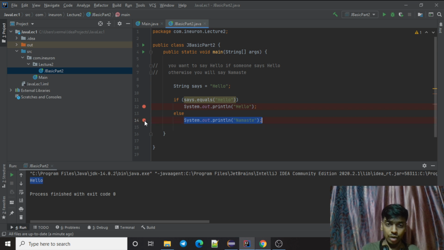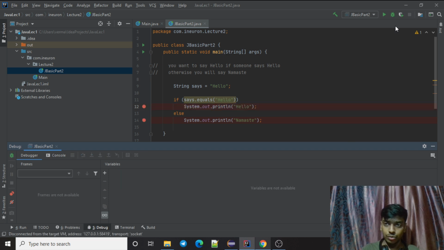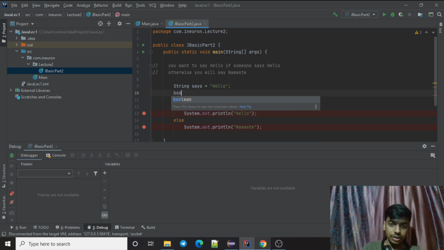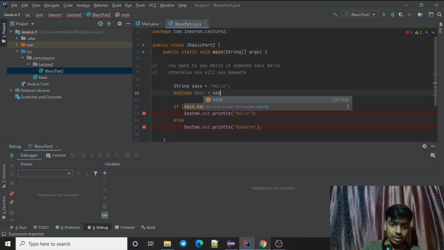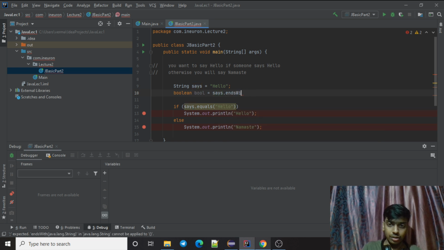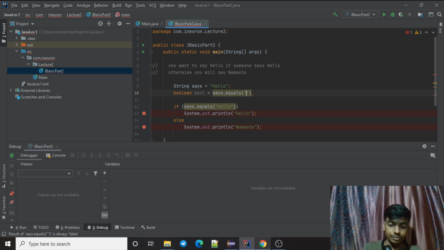Just to give you a view of how it works, I'm going to use the debugger that I already explained. Just run it in debug mode, right? And to make it clearer, let's store it into this variable, says dot equals hello.